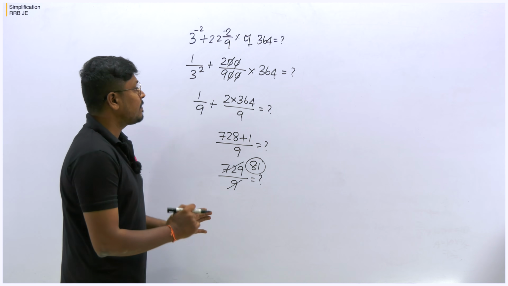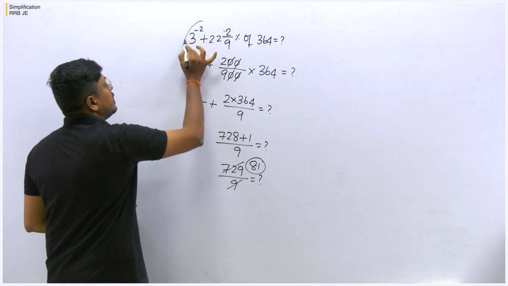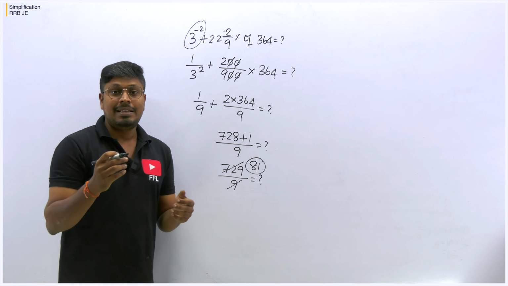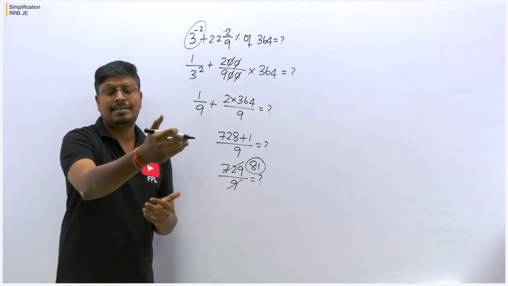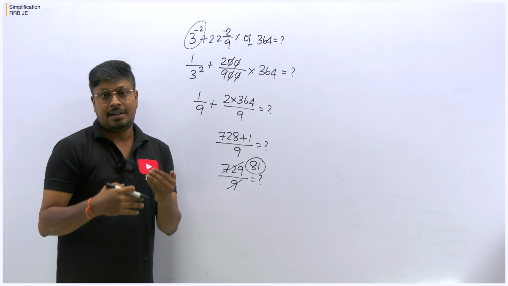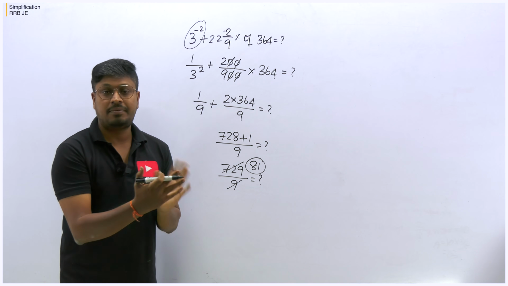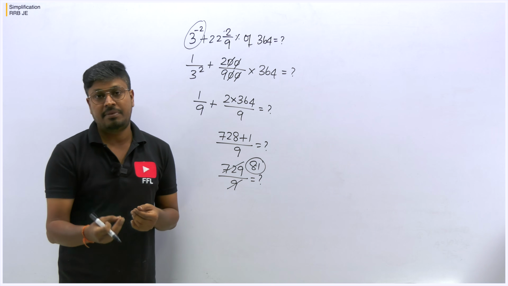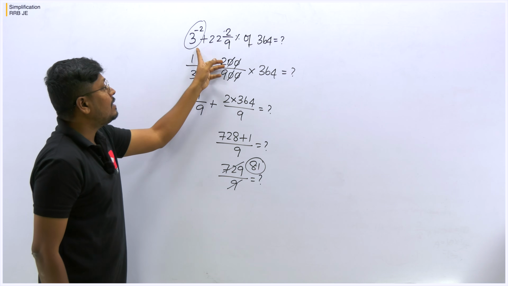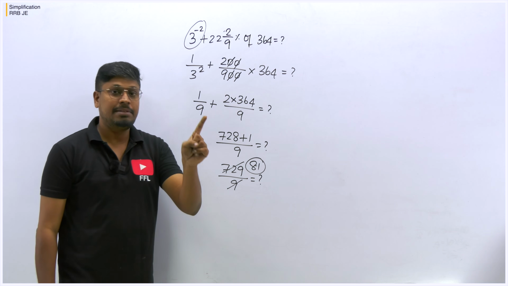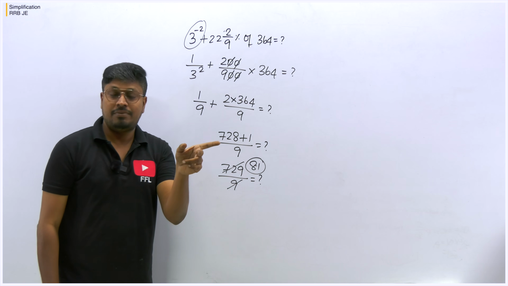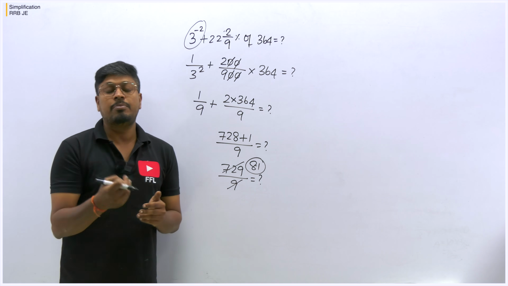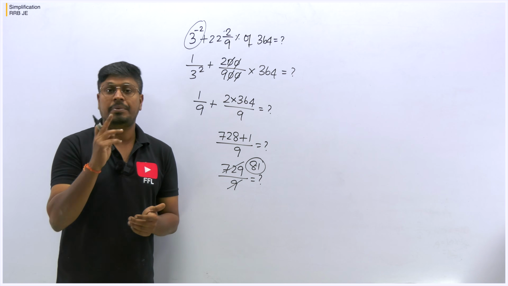Very simple question. But in this question, be careful here. Don't write this as minus; I have seen many students usually write this as 3 power minus 2, keeping the number as it is, and they solve the question. If you are brilliant at these kinds of questions, yes, you can. But if you are a beginner, struggling to solve simplification questions, remember all these tricks, right? For the first question, I told you, if you have a decimal point, initially remove the decimal point and then solve the question, and the question will be easy.